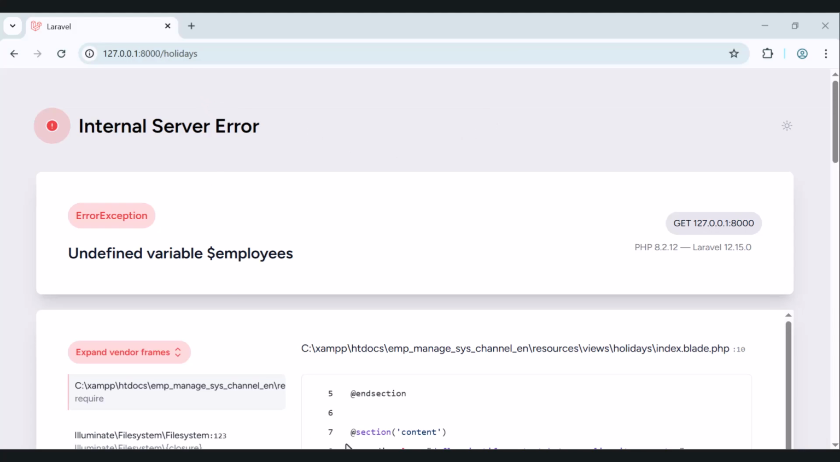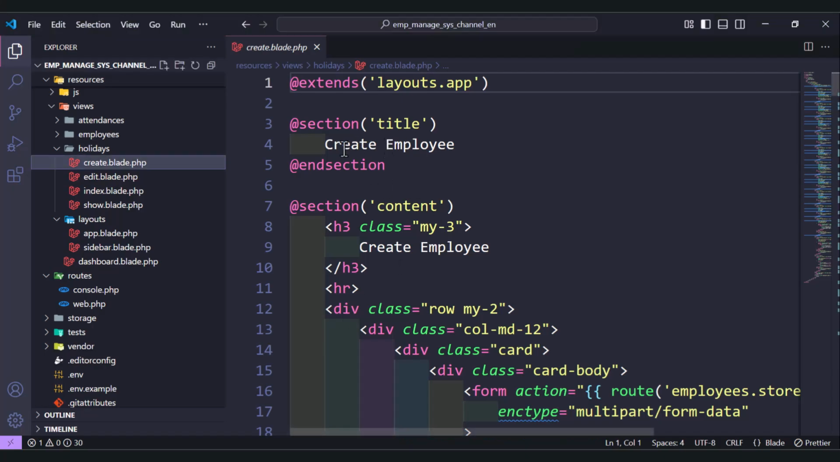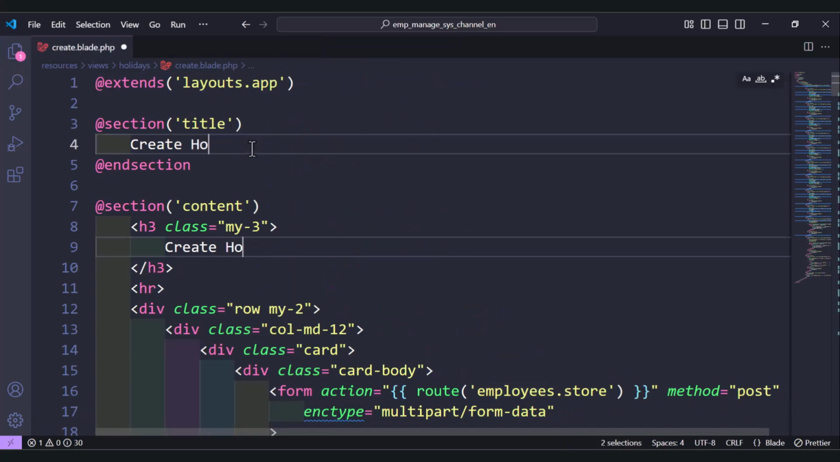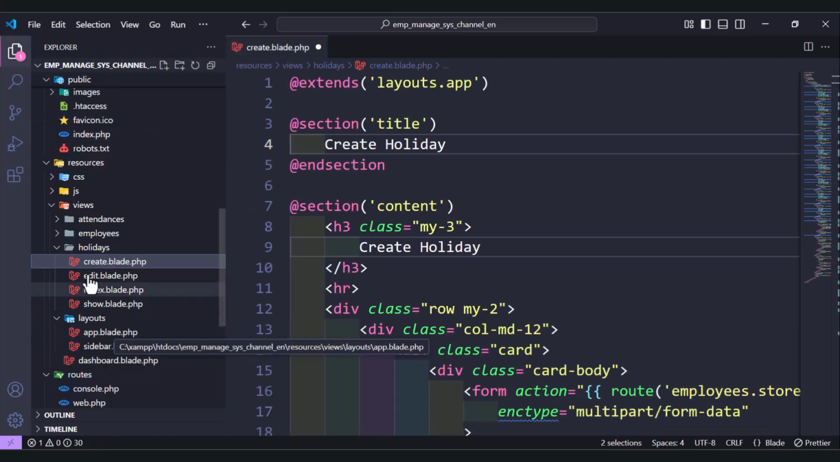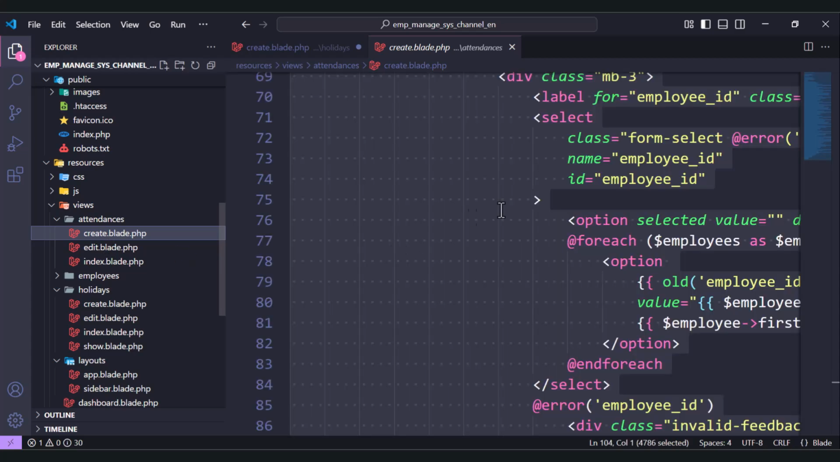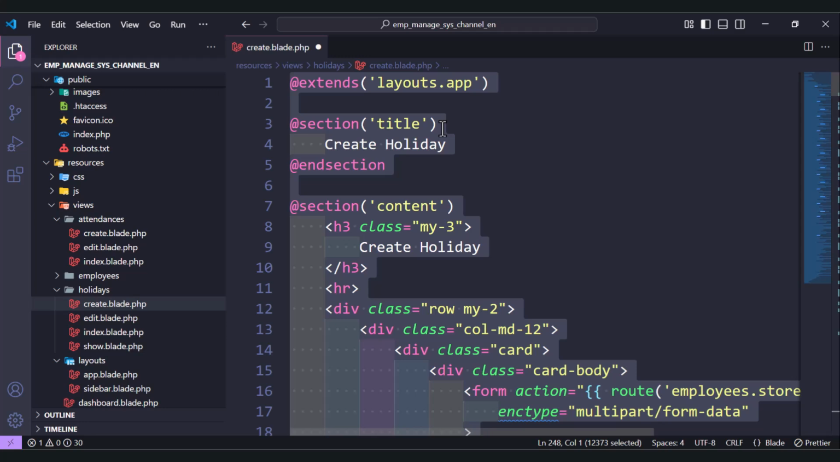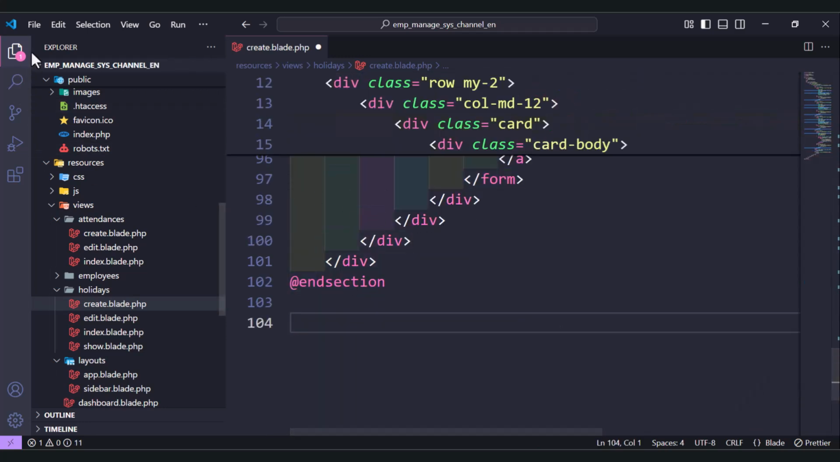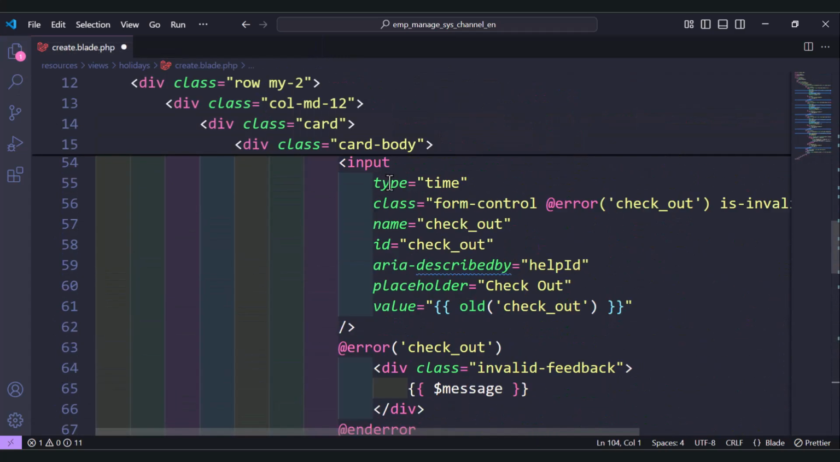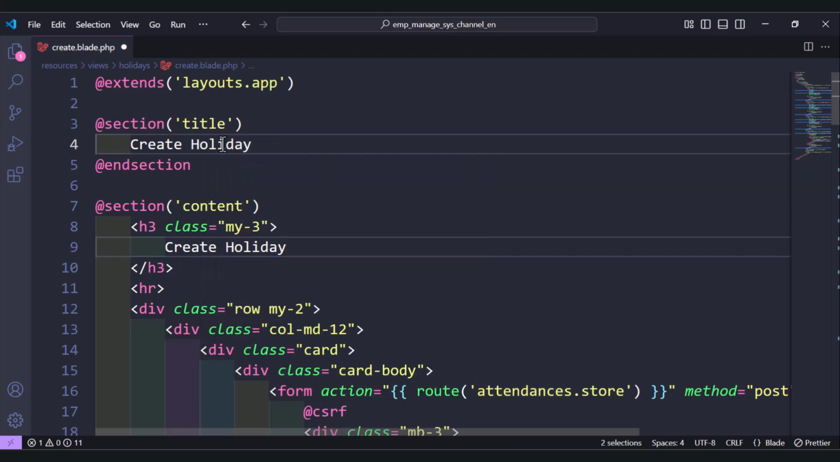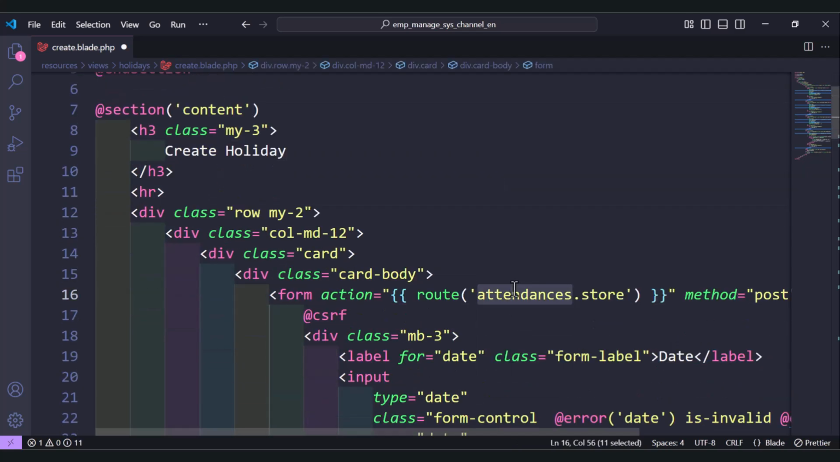So let's change the create form here from create employee to create holiday. But I think it's better to use the create form for the attendances because it's almost the same. Instead of using the employee, because the employee has a lot of fields, let's change it here to create holiday, and here holidays,